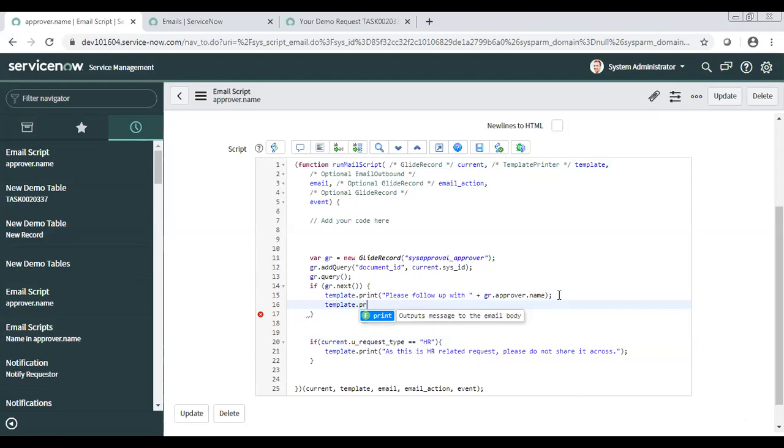Okay. So what I will do. But there are only two functions available for template. Yeah. Might be others, but here only two are displayed.